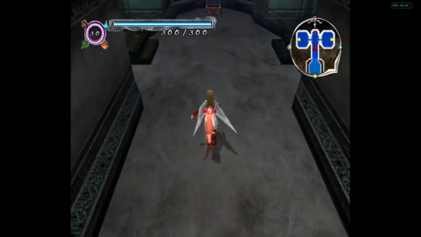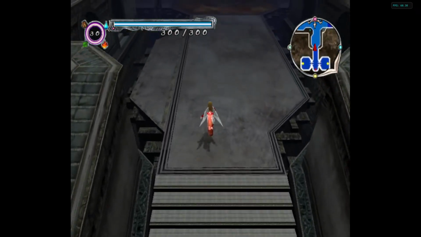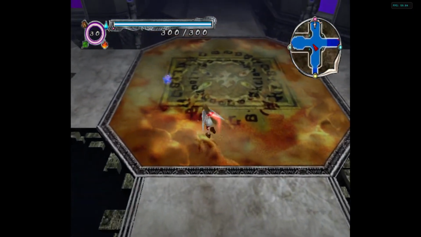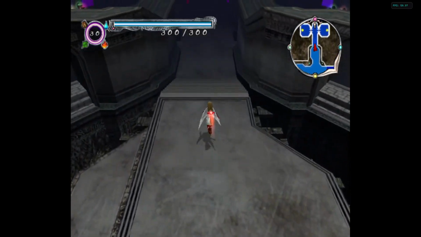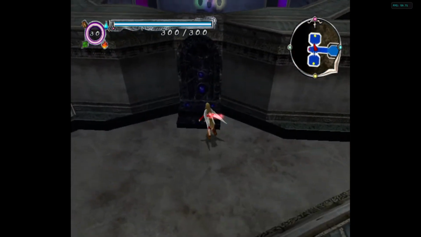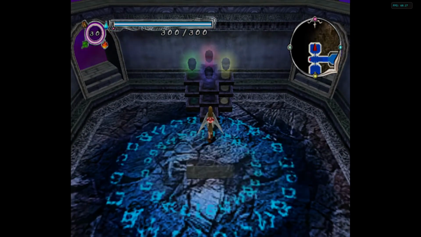Okay, what do we have here? Not what I'm looking for, and not what I'm looking for. Okay. Oh, it is on the rugs. Water and fire is this way. Okay, should have been paying attention. So this should be water up here. Alright, and with that, we unlock...